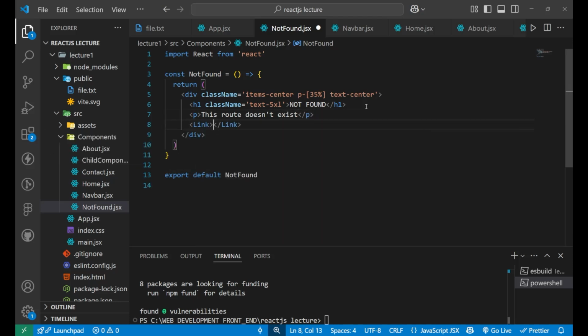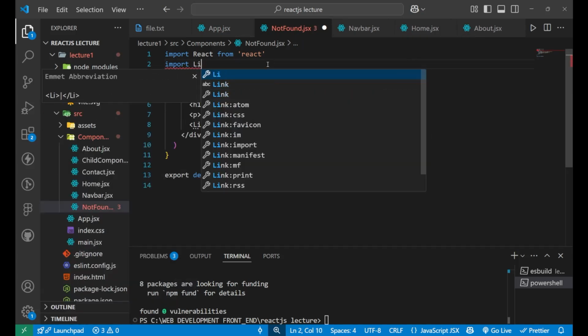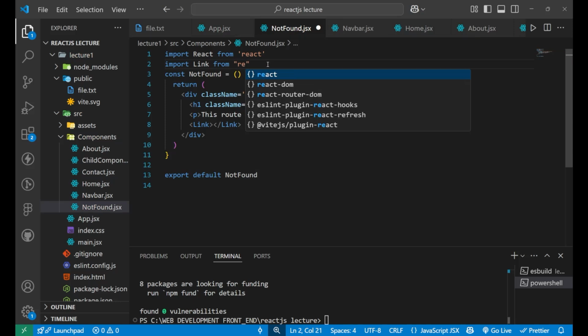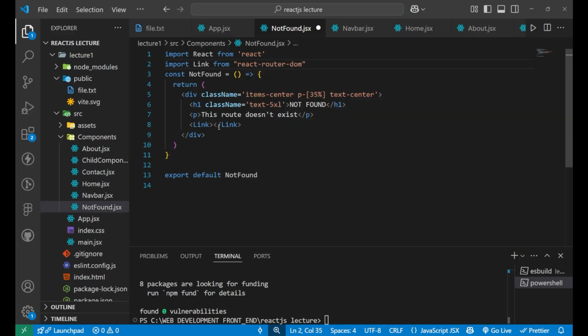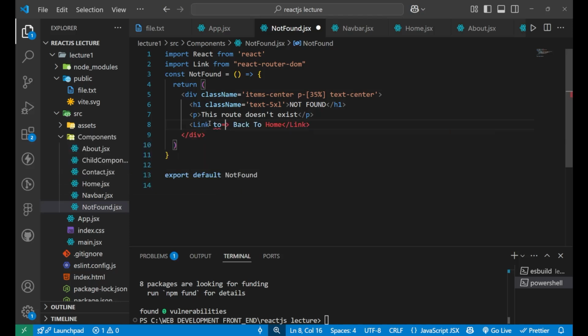We are getting this Link from React Router, so we need to import Link from react-router-dom, right? And now inside this link I will write Back to Home, and give it a route of slash, right?